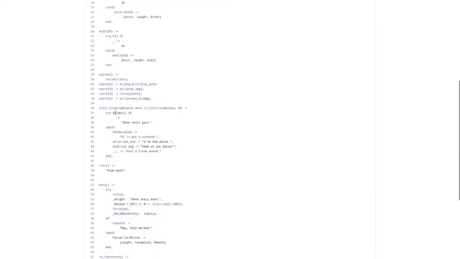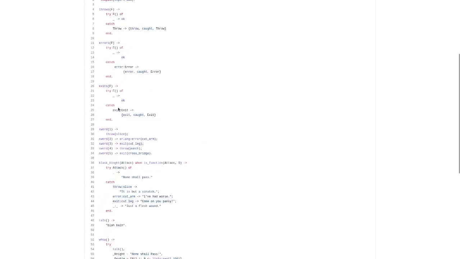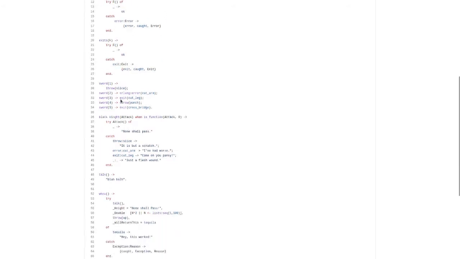So here it's basically defining what appears to me to be definitions of custom exceptions. From my point of view of things here,